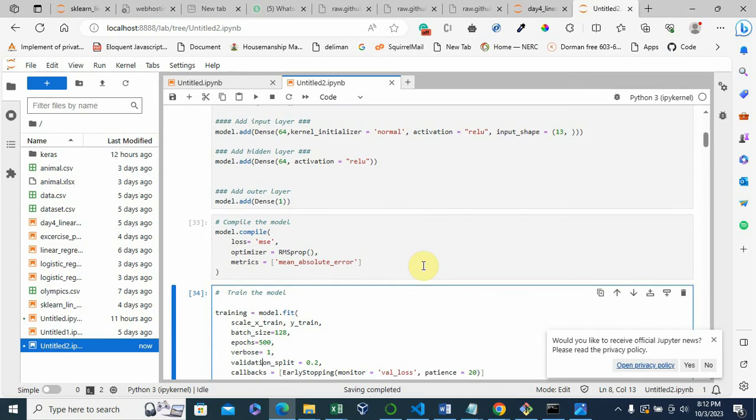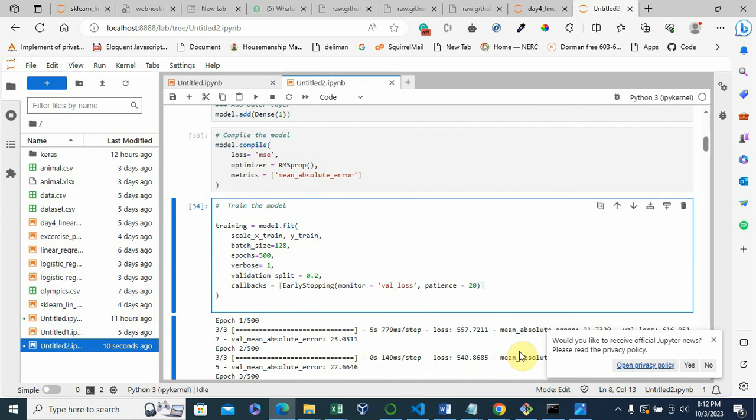So the next thing we want to do is use the model. Let's evaluate the model and see how much of